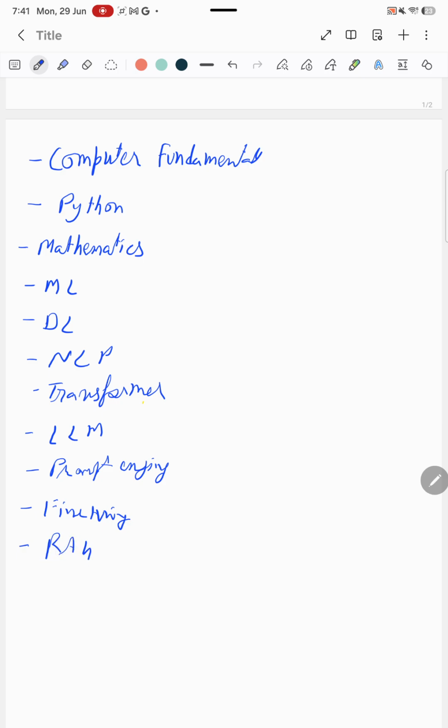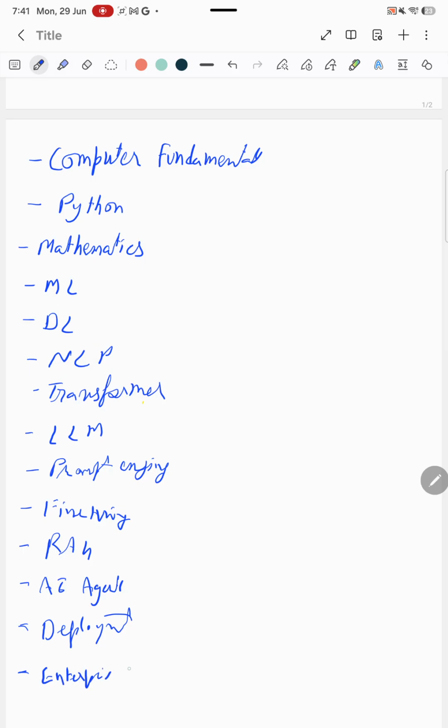Then we will go into AI agents. After that we will make a small application, and then we will learn deployment. And after that we will make an enterprise project.